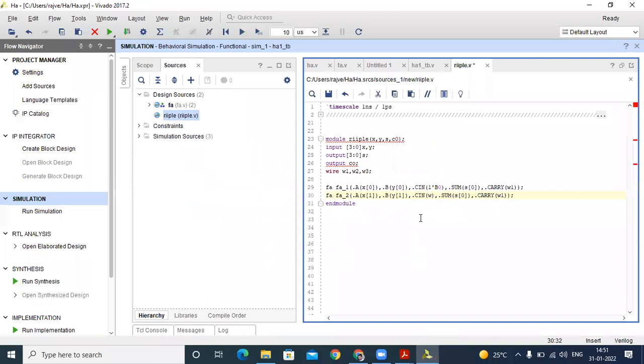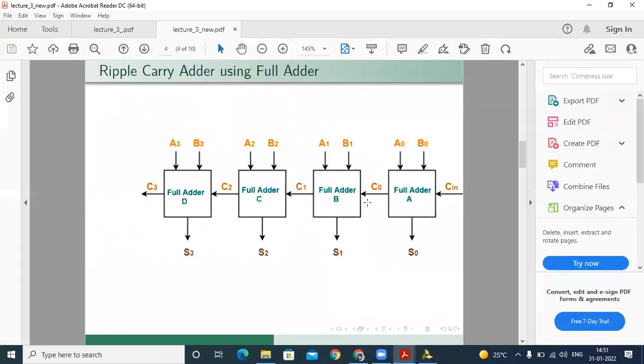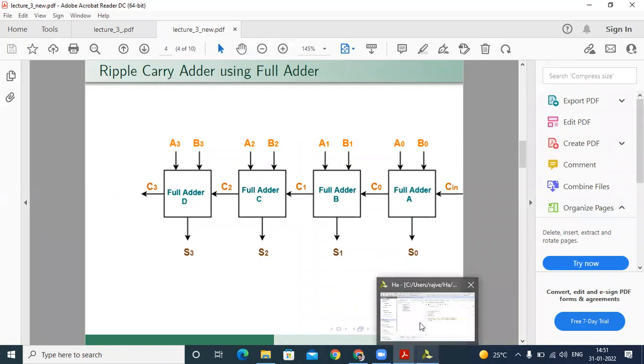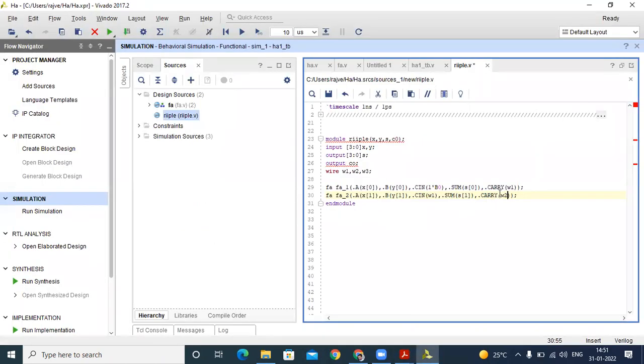Okay, this is our W1. Then for sum we get the first bit, and the carry we mention is W2, because the carry is shifted to the second module, as I already mentioned this is W2. That's why we write W2 here. Okay, does everybody understand? You can see this. This is W2.